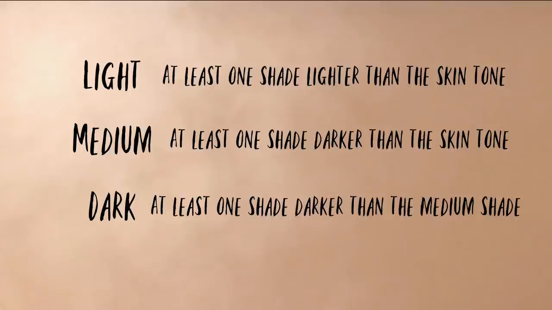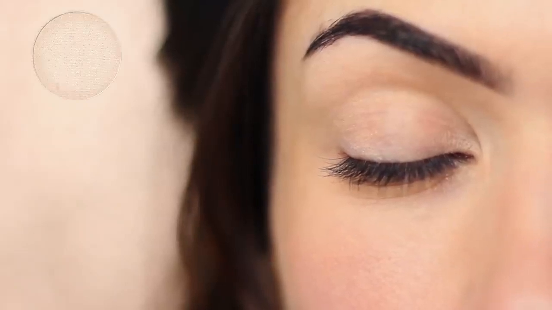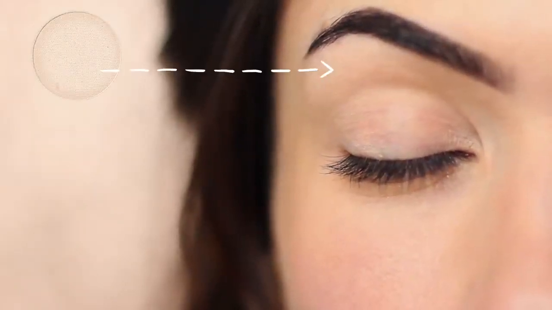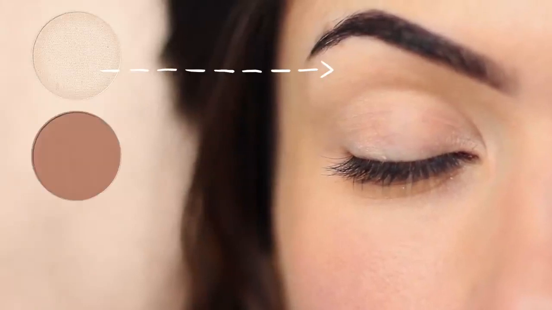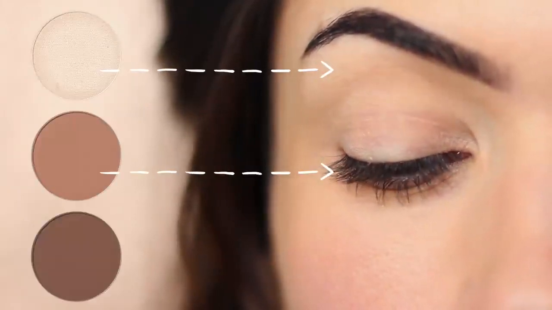Now I'm going to use neutral shadows just to keep it simple, but you can use colors. You just follow the same pattern of the light, medium, and dark. So for example, for my skin tone, I have my lighter shade, 1 shade lighter than my skin tone. My medium shade, at least 1 shade darker, and then my dark shade, which is 1 shade darker than the